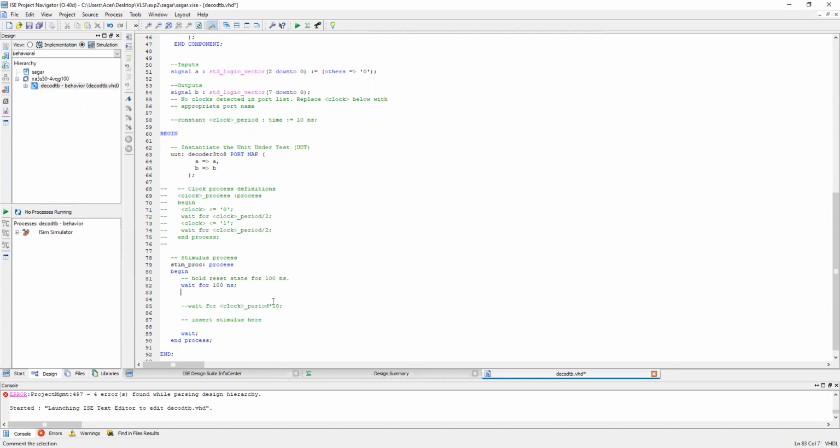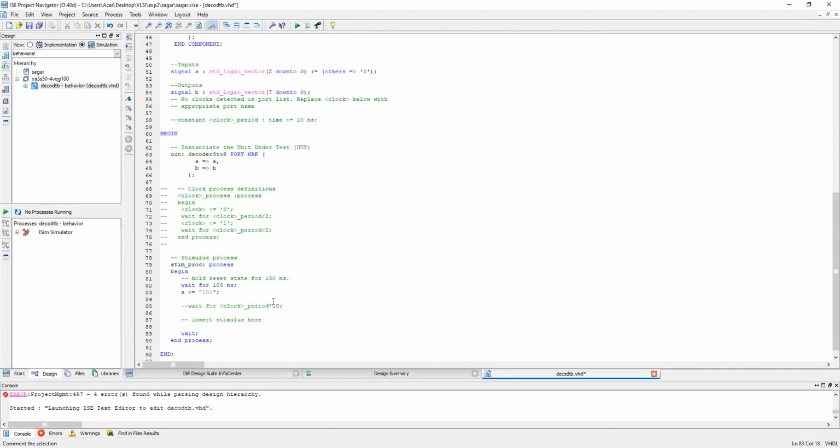Okay, first we need to mention some code. A is our input. Which value shall we select? We will select 101.